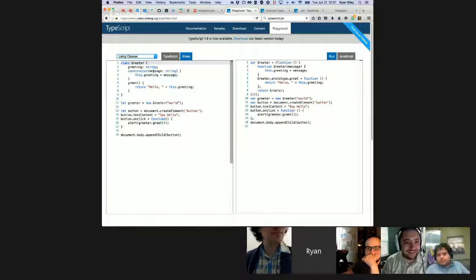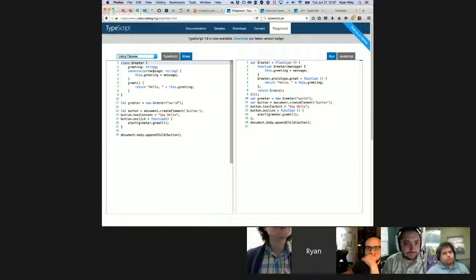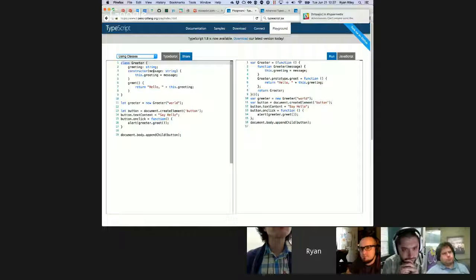Okay. Yeah. And TypeScript also has support for basically all of ES6, and that includes modules. So you can use the different module syntaxes. It actually supports, I think, all of them. I haven't ever used the AMD syntax directly, but the equals require syntax from CommonJS is available. The new ES6 module syntax is available, so you can say something like